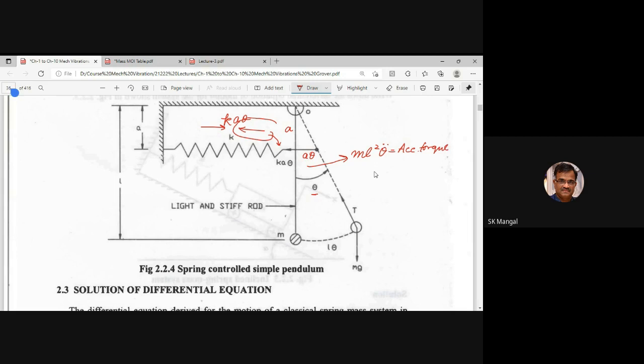So again, you will be having a component of the forces. This is your mg. This is your theta value here. It becomes mg cos theta, and this is your mg sin theta. For a small value of theta, it becomes mg theta. So again, you are having a restoring torque in this direction. It is given by mg theta into L.